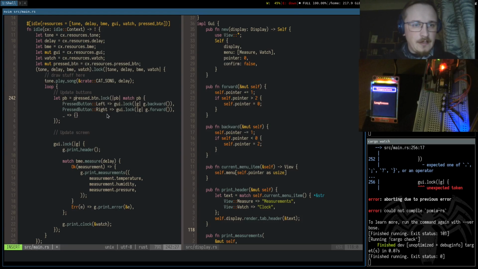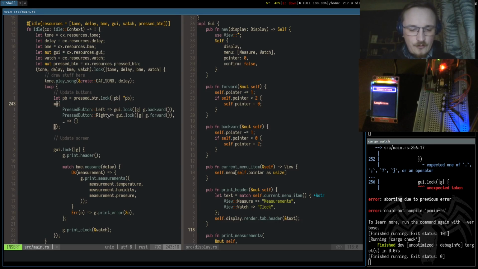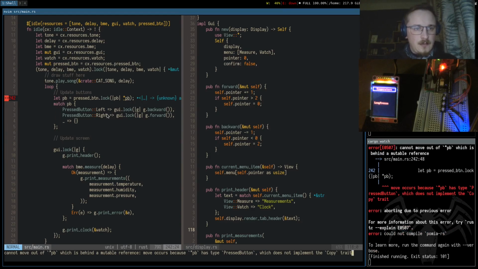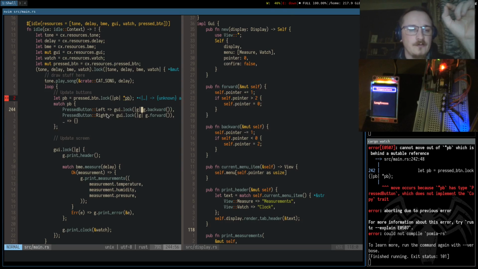So let's do it like that, like this, and then just do match on PB. There. Because if we press the button the way we have it right now, because we don't look on the raising edge,